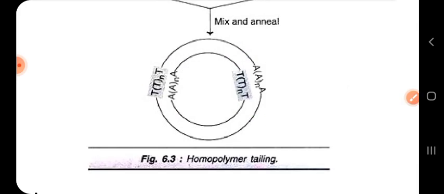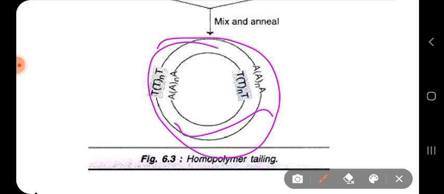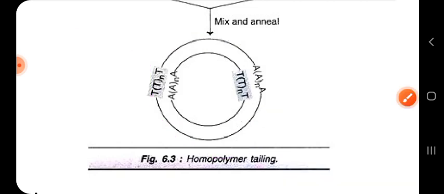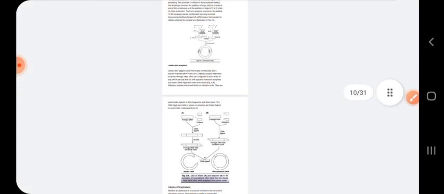And the main thing is actually to convert them into sticky ends. As given in this diagram, it shows the extension function, but the main thing is we have to convert the blunt end into a sticky end. For that reason we use TdT. It just adds nucleotides at the 3' end. Okay, we have said a little bit about linkers and adapters a while ago.